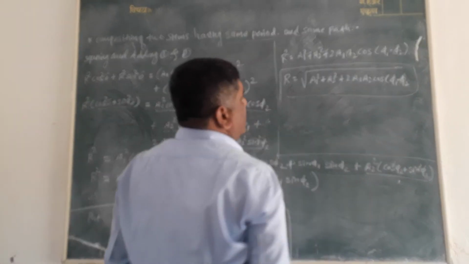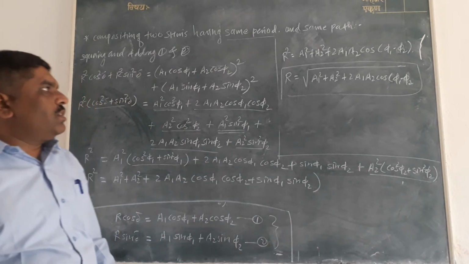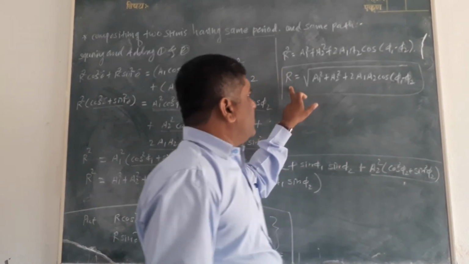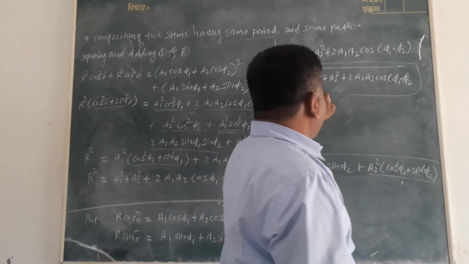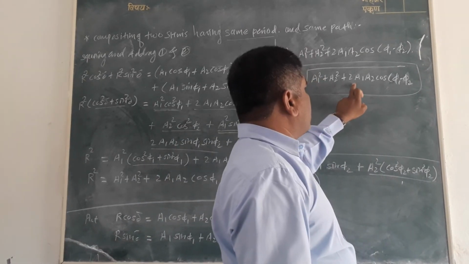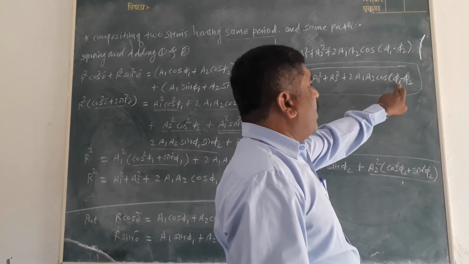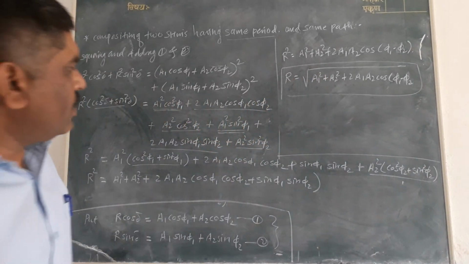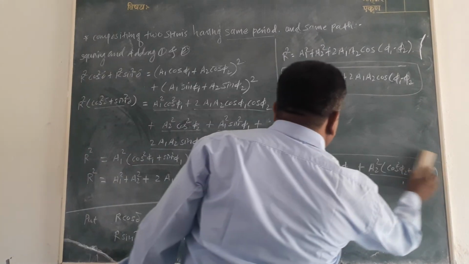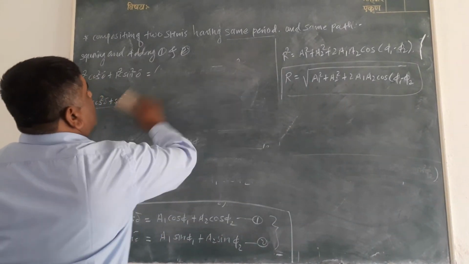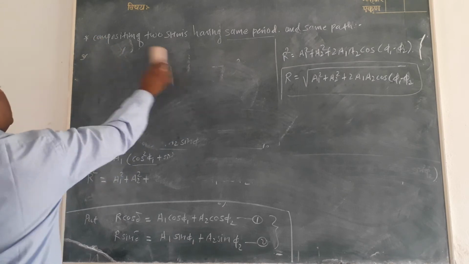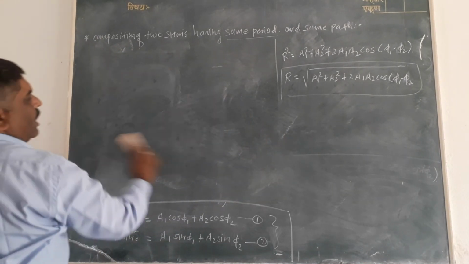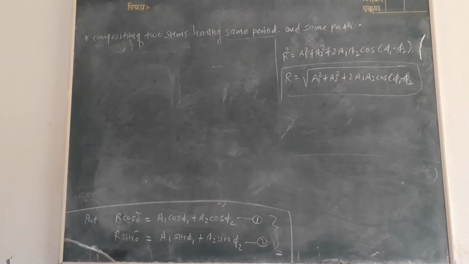This equation is called the resultant amplitude of two SHM, that is R is equal to under root A1 square plus A2 square plus 2A1A2 cos(phi 1 minus phi 2). And finally, we calculate the direction of these two simple harmonic motions, that is